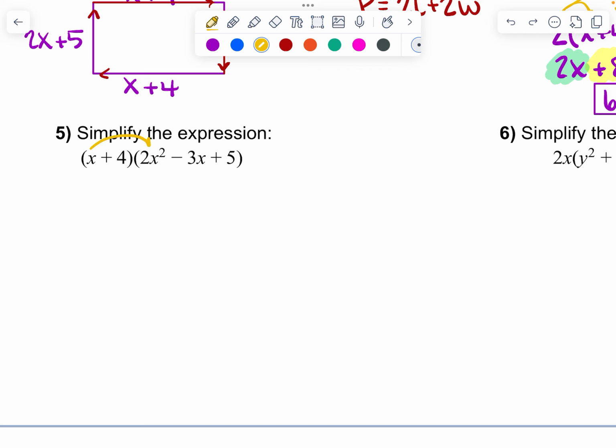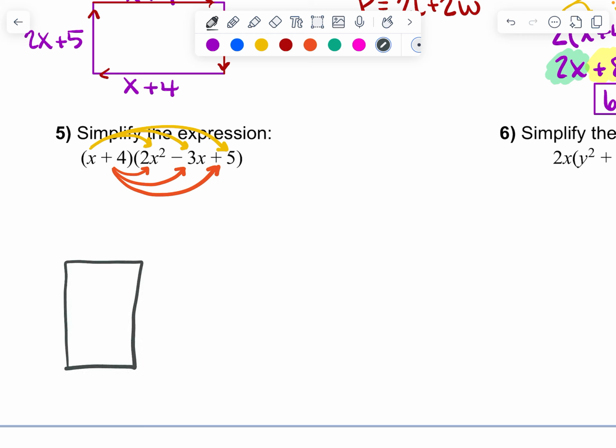You need to do this one of two ways. You either need to double distribute, meaning the x has to get multiplied times every term over here, and then the positive 4 has to get multiplied to every term. Every term in the binomial has to get multiplied by every term in the trinomial. So if you want to double distribute, you can get it that way. Your other option, if you remember, is you can use the box method,